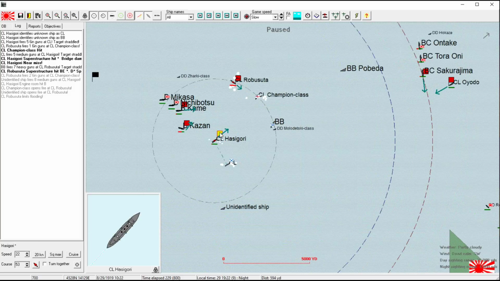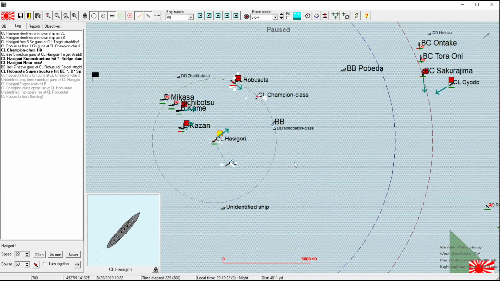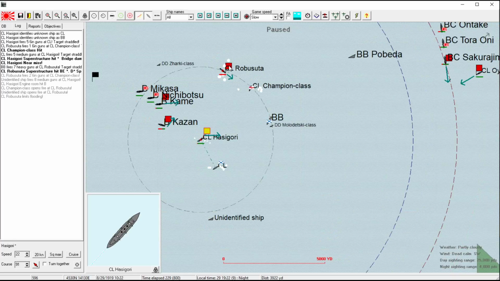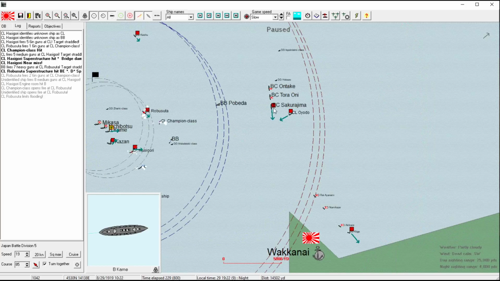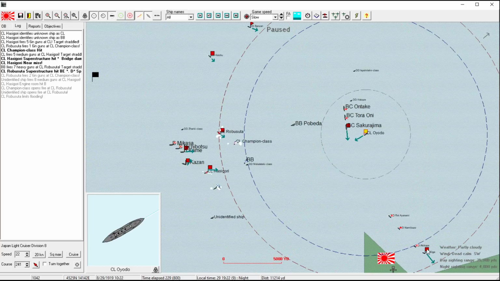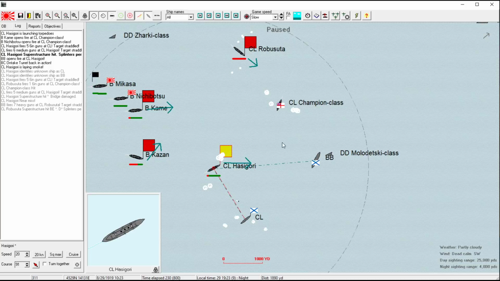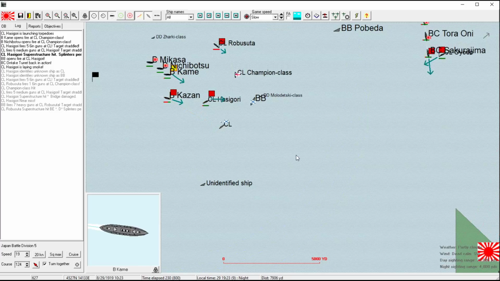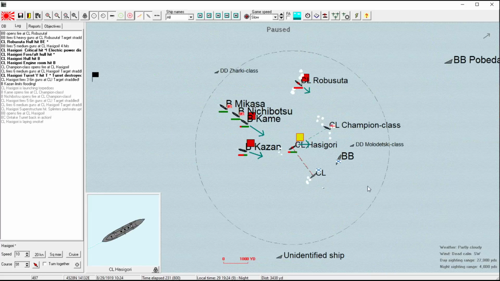Scori has her torpedoes, which I think we ought to use right now, actually. I think we really do have to fire at this light cruiser. Because I don't think that the battleship is going to stay in this direction. We are going to probably push her off this path, which is good for us, but I don't think the Robosuita is going to make it, actually. Because she's getting so beaten up by the champion. Well, that torpedo's off and looking good. Hasagori's now pushing them away, which is good. Oh, Kazan, you just make it. Just make it. Oh god, Hasagori's really taking the brunt of this in order to save...